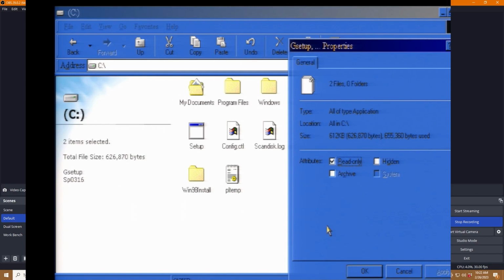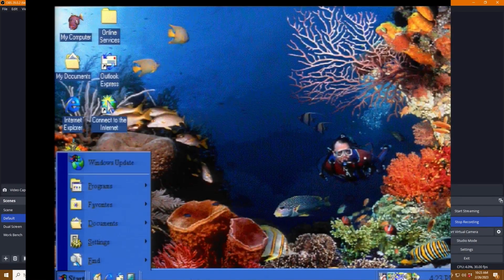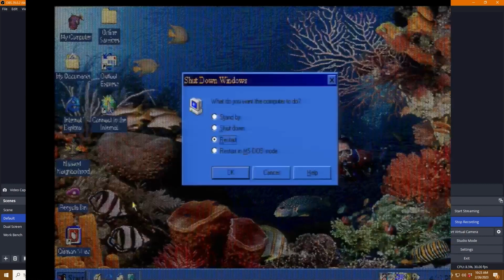Alright, so I'm checking the properties to see how large the files are. Finally decided that I was just going to put the GSetup on the floppy disk drive. It's 1.44 megs, so both would have fit, but I don't remember what I was thinking at the time. I just decided to put GSetup on there. So we're going to reboot into DOS